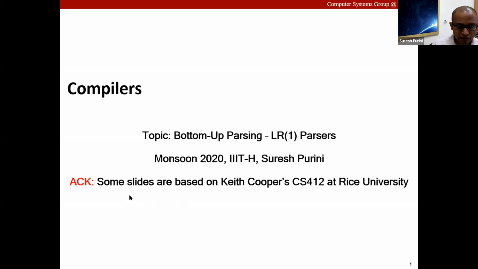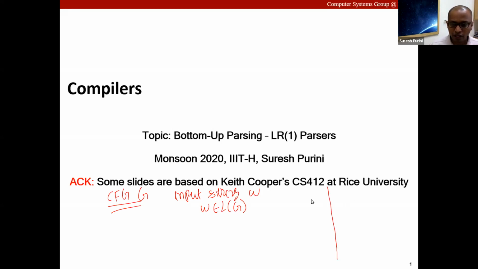So there is a context-free grammar G that is given, and then there is an input string W, and we would like to check if the string W belongs to the language described by the context-free grammar. And we have two approaches. One is top-down. We have already seen this approach.